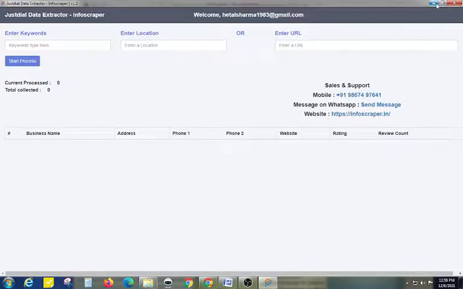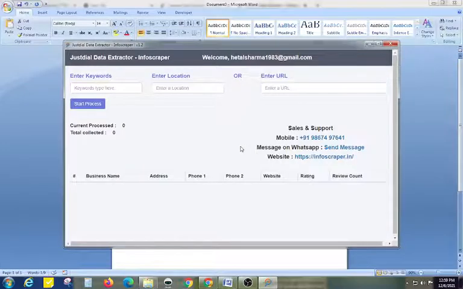Let me tell you some important tips. This installation is applicable to all our products, as all our products are Chrome extension based applications. So this is the way you can install our application, and this is the way you can upgrade to the pro version. Now I am giving you a few hints on how to use this. These are some issues that happened with our older users, and for those I'm creating this video.